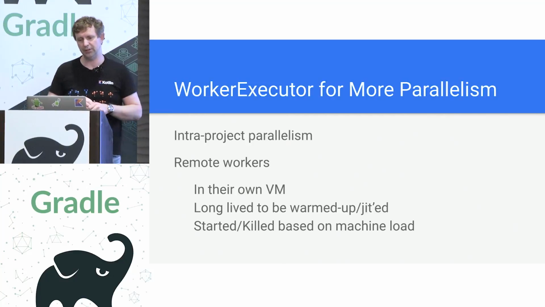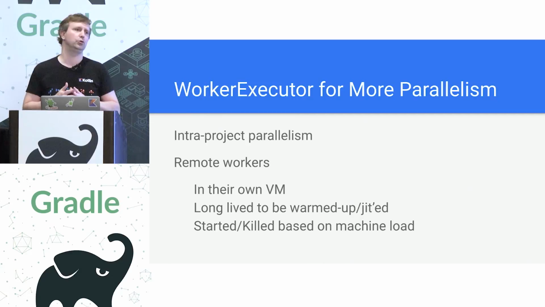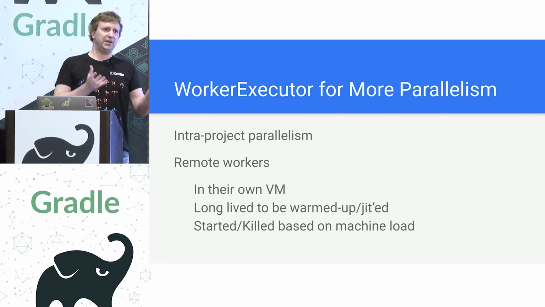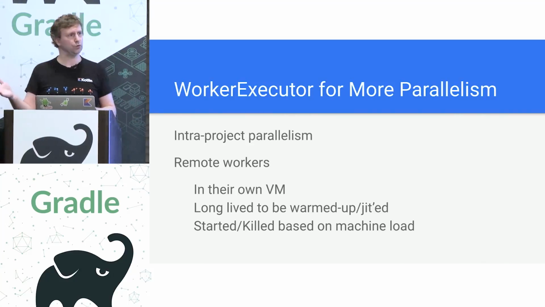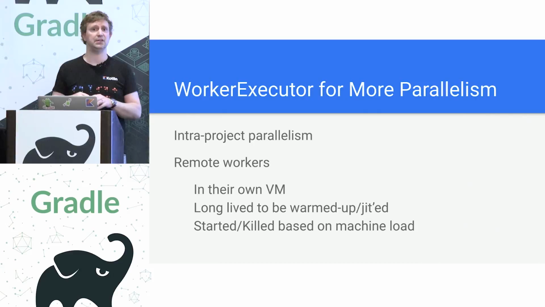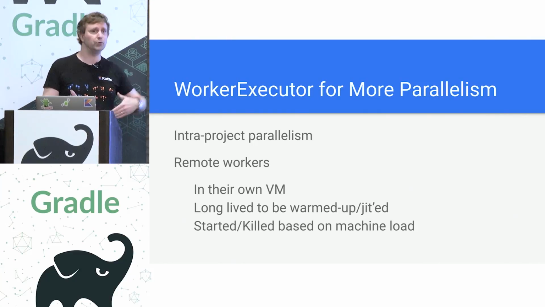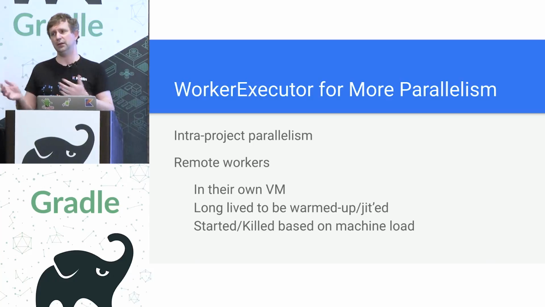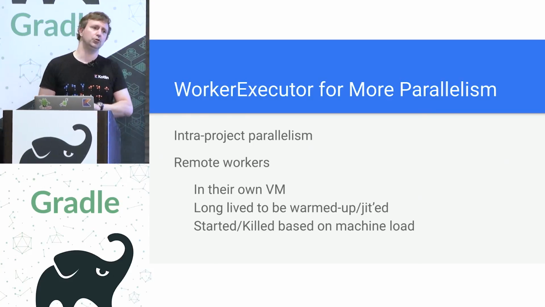So I want to talk about it a little bit and how we are going to use it. It's the API that will allow us to run two tasks inside the same project in parallel, right? And then there's also the remote workers, which allow you to use the same API to easily run something in a separate process that is long-lived, that basically survives the end of the build, and when you rebuild, the process is still there, and it launches them on demand,